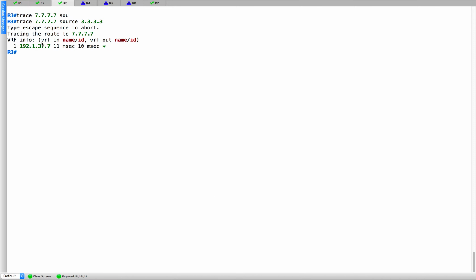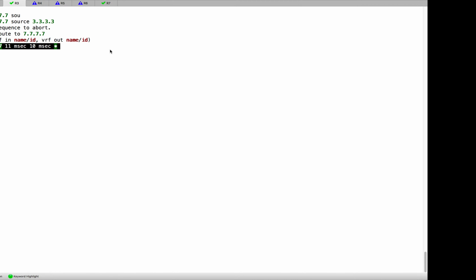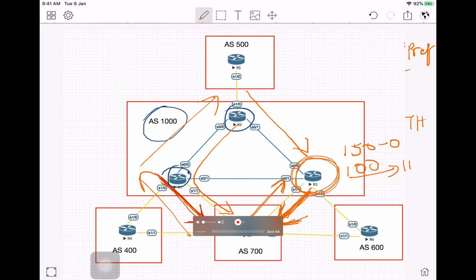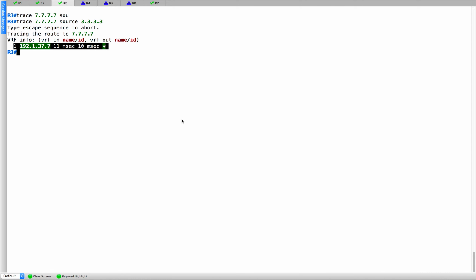Has this trace route completed? Yes. So you can see the trace route here for R7, it is directly taking the R3 R7 link. It directly took this link and did not go the other way. So weight is an attribute which you use in a similar case as local preference, for your outbound traffic. But when you want to manipulate the outbound traffic only for a specific router and not for the whole of the AS, right? If you want to make the whole AS take a preferred path, then you use local preference. But if you want only one specific router to take a preferred path, then you go for